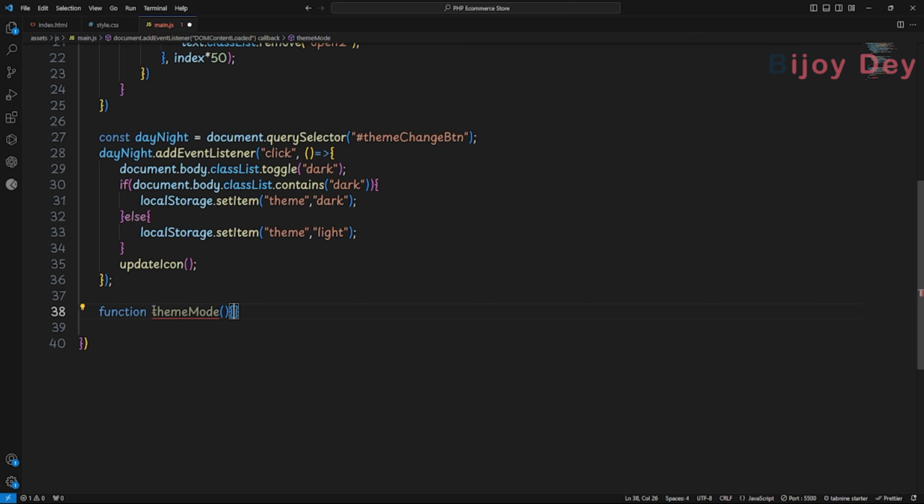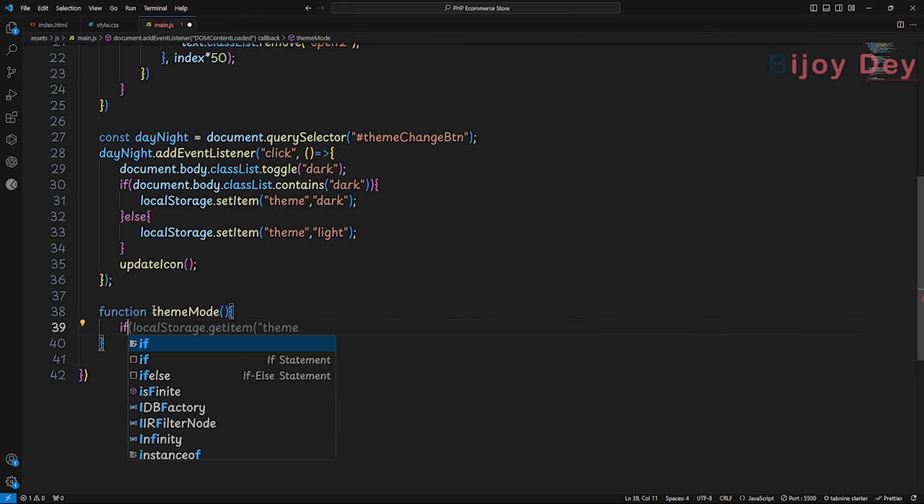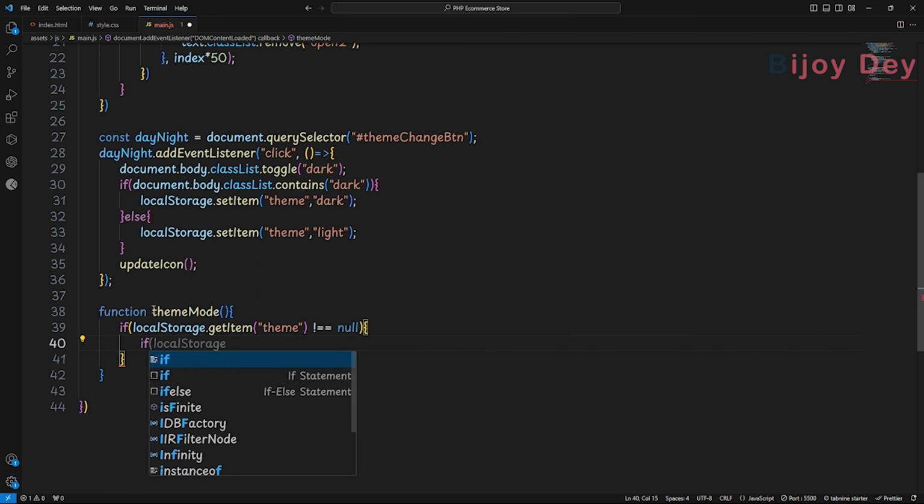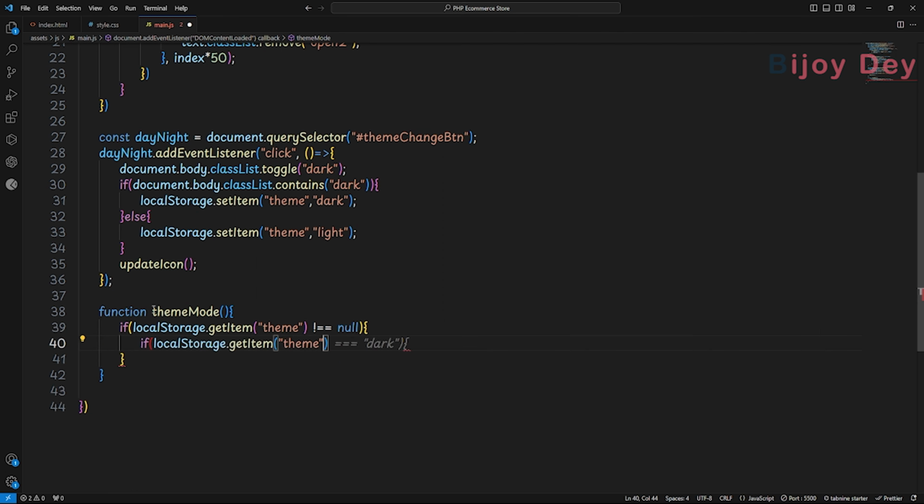And now the theme mode as a function. So in a function, initializing for updating themes. So if localStorage dot getItem theme is not null, then if localStorage dot get theme is obviously light. Okay, and when this condition is fulfilled, then we have to